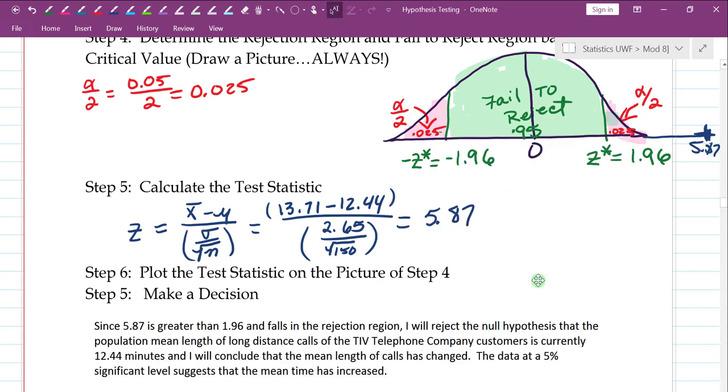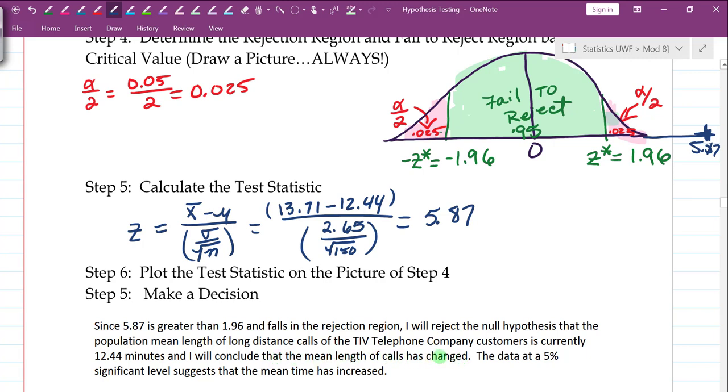Okay, so I typed up my conclusion here for you so that you can read it a little bit easier. So since 5.87, you state the test statistic, is greater than 1.96, the critical value, and falls in the rejection region. See, it's way over here in the red. You can't see that the red goes that far, but I promise you the red goes that far. I will reject the null hypothesis that the population mean length of long distance calls for the TIV telephone company customers is currently 12.44 minutes,